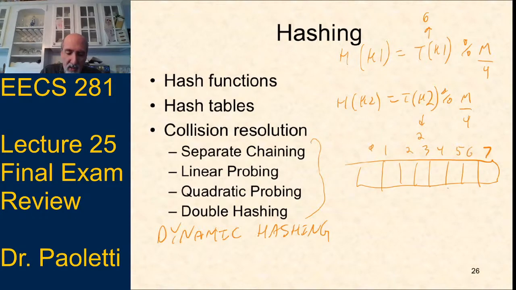Now both of them used to be at index 2. Either they got chained in separate chaining or they got bumped to 2 and then 3. Now in a bigger table though, key 1 goes at index 2 and key 2 goes at index 6. Oh, whoops, I got it backwards. Key 2, key 1. So key 1 goes to 6, key 2 goes to index 2, because now when I'm doing modulo 8, we get new indices. So that's why when you grow, you've got to take everything out of the old one that's occupied and rehash it into the new one to decide where it goes.